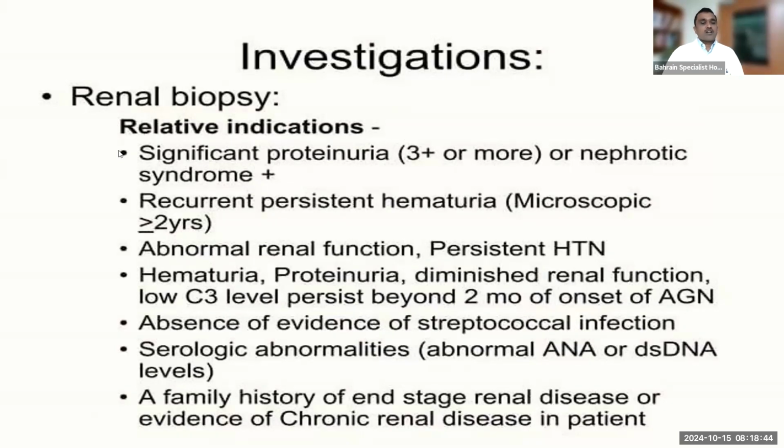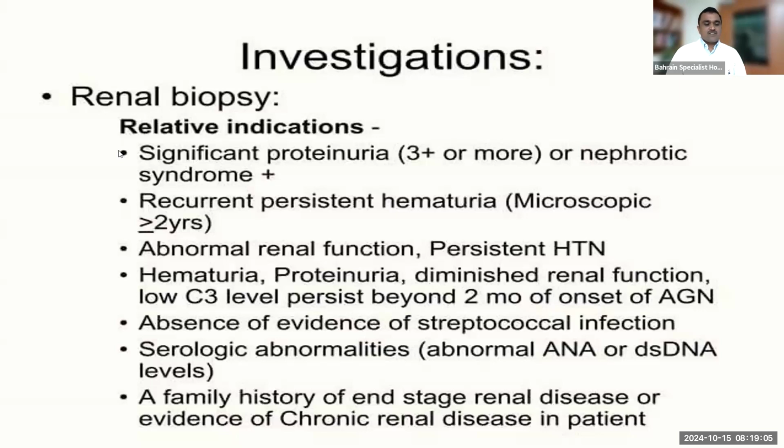plus or more, or nephrotic range proteinuria with hematuria, or recurrent persistent hematuria like microscopic hematuria for more than 2 years, abnormal renal functions, hematuria, proteinuria, and with diminished renal functions and low C3 levels persistent beyond 2 months of onset of acute glomerular nephritis,